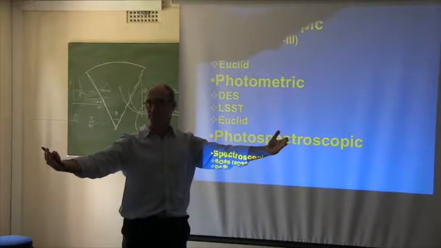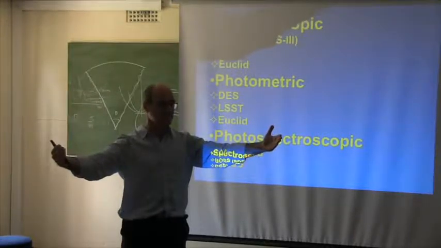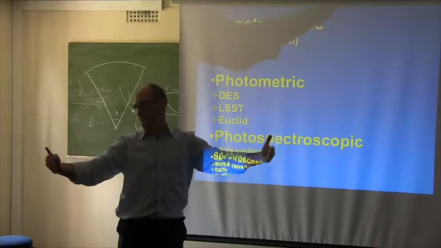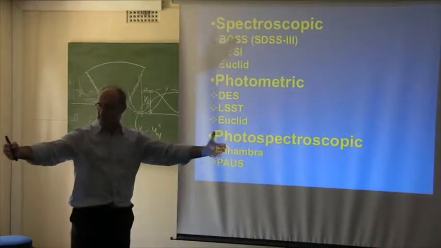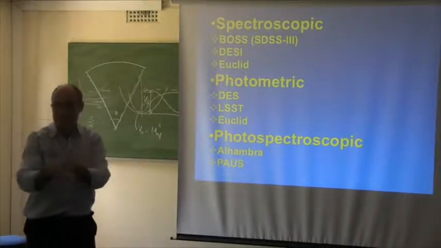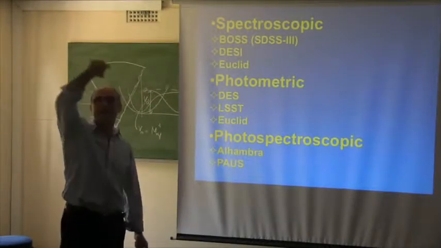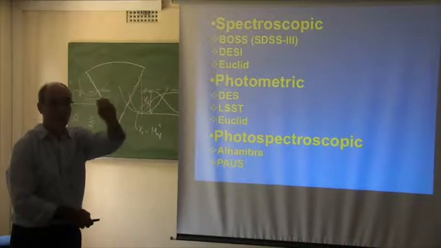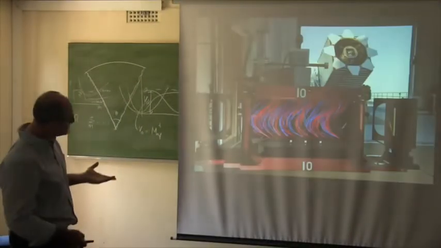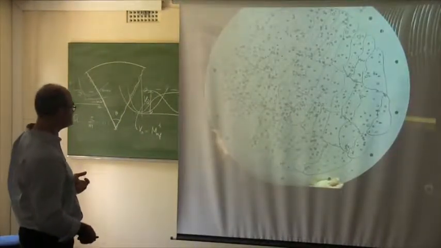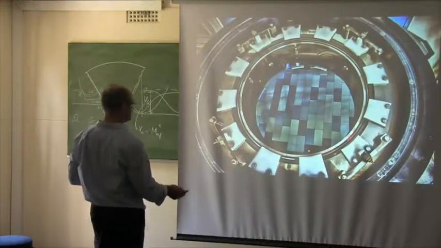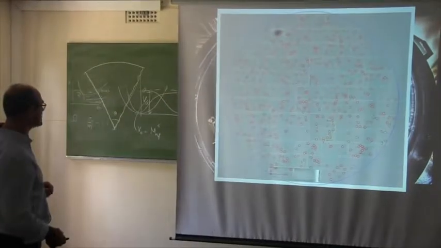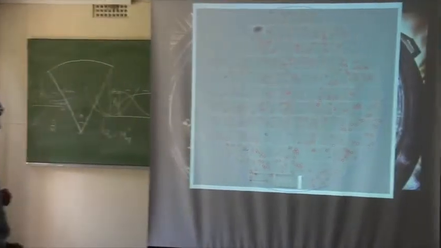So what do you do? You take many photons, as many as you can. Sloan took 5 photographs of these fields, and those 5 photographs were in different bands. That means rather than having a very complicated spectrum, you would have 5 points on the spectrum. In some cases, it's enough to tell what is the spectrum of the object. This would be the field of view, for instance, of the Dark Energy Survey.